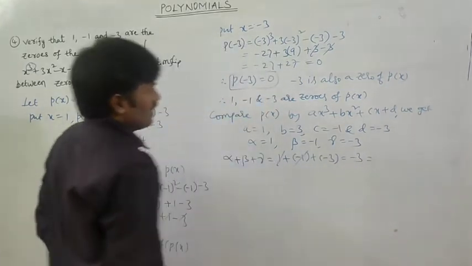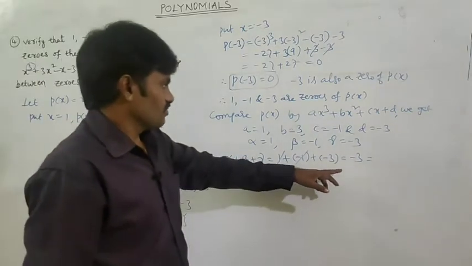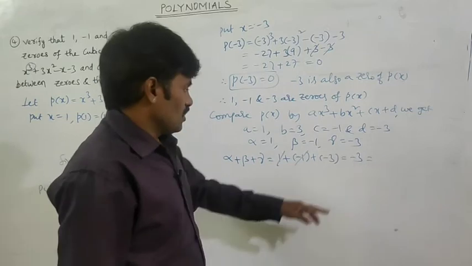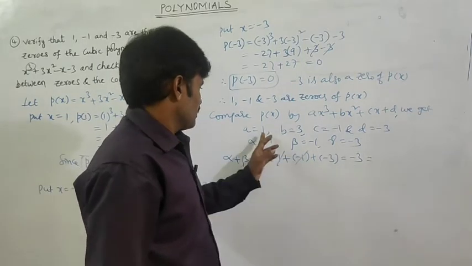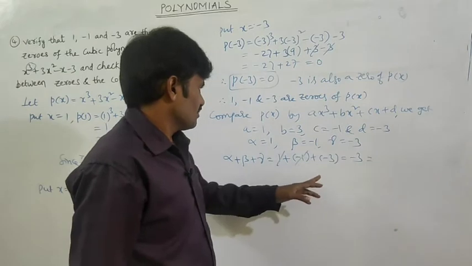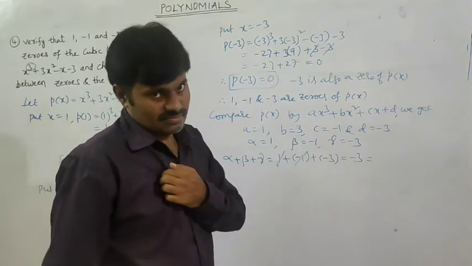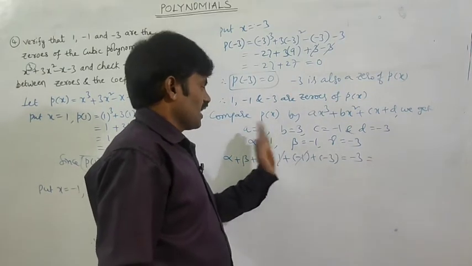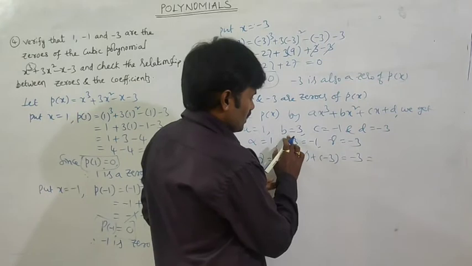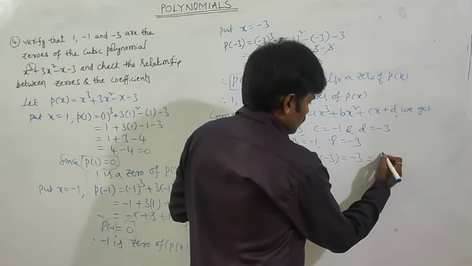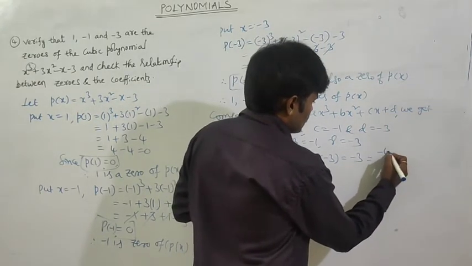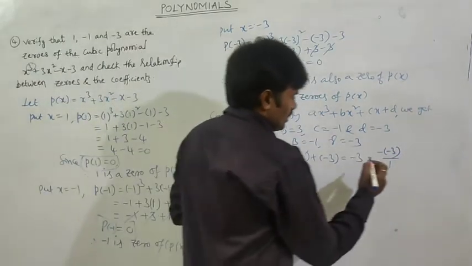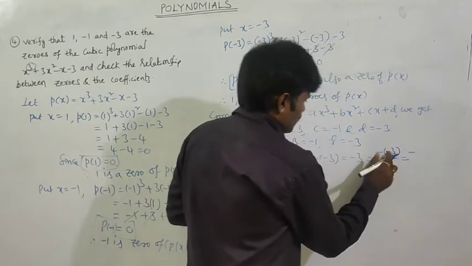3. Then the coefficients, where do you get this relation? Where is 3? In d also it is there and in b also it is there. Yes, but we have to write this relation between a and b. So what is the b here? 3. So I can write this minus 3 as minus of 3 by 1. Shall I write that? Yes, we can write.